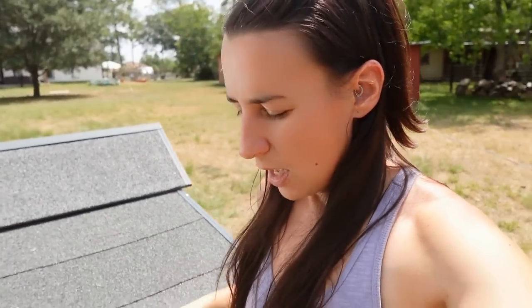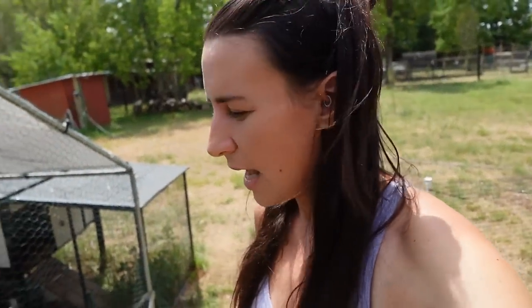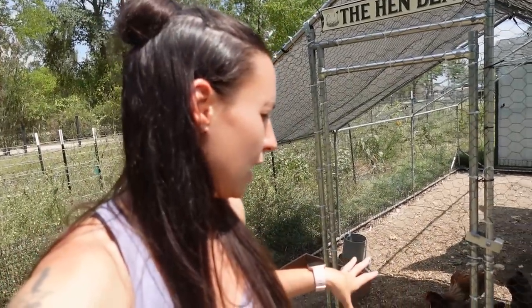So, step 2, and I talked to Buddy about this, what I might do is go ahead after a few days and take my rooster and put him in with the new five chickens. Just for a day, maybe a few hours. I feel like if he is with them and forced to be with them, there's five of them and one of him. And like I said, I don't even think that he's a boy rooster yet. He's not even crowing. So I feel like if I take him and put him in with the new girls